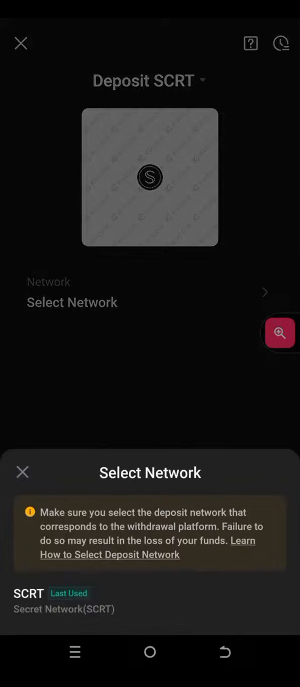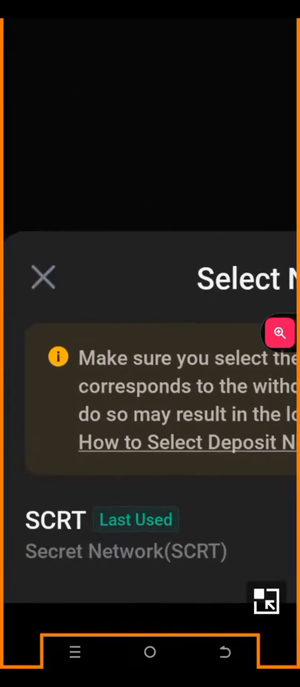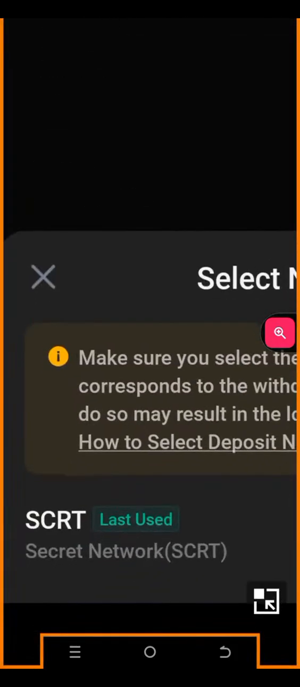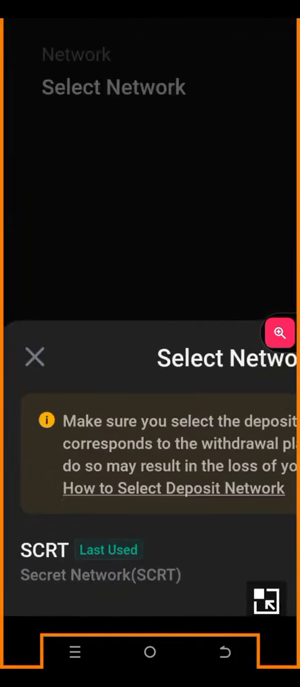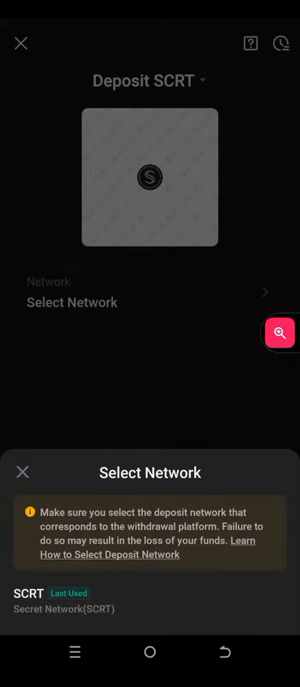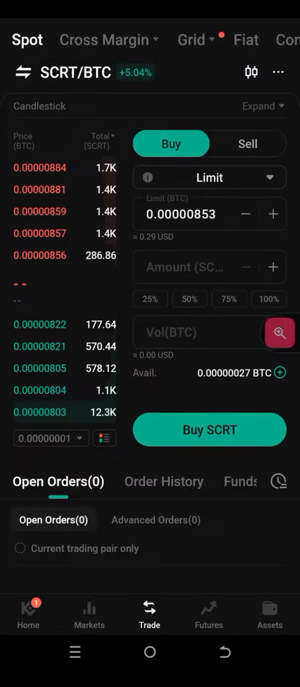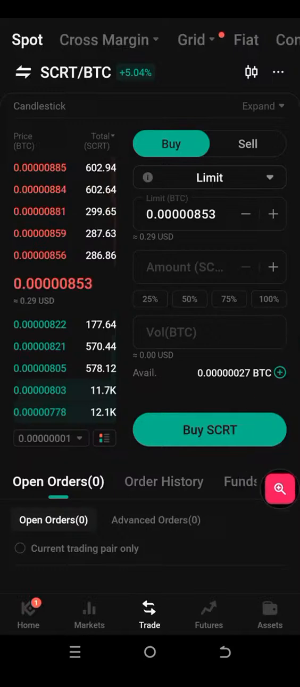Can you see what I'm seeing here? Ooh, it's Secret Network. Secret Network. Interesting. That's the network, right? But let's go back to Binance. What did it say? But before we go back, let's even see how much profit that we were supposed to